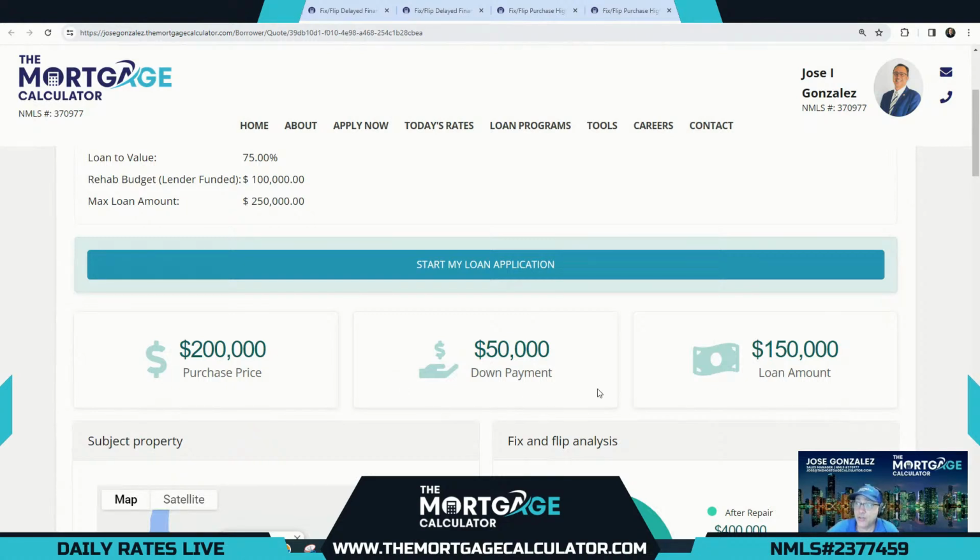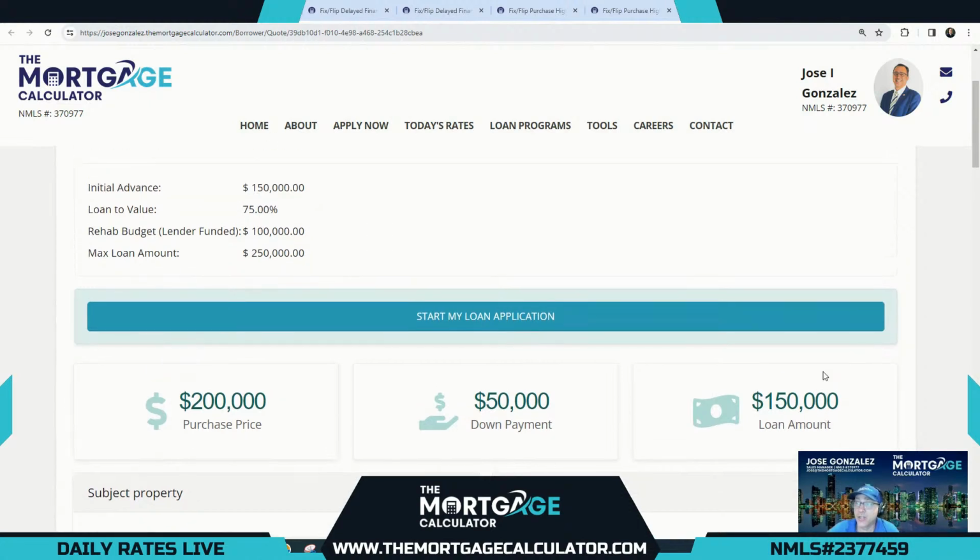At closing, the initial distribution will be $150,000. You're going to have to give $50,000 down payment on the purchase, but our $100,000 rehab budget is 100% financed, right? So 25% down at closing, but 100% of the $100,000 rehab is financed, for a total loan amount of